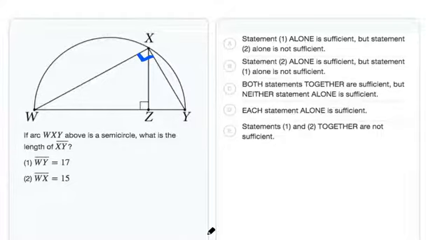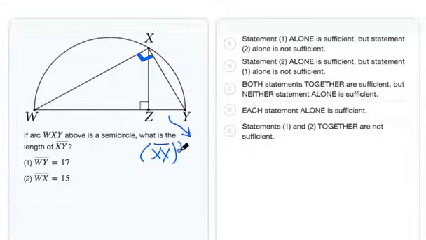In order to find the length XY, we need to know the lengths of the two other sides of the triangle. So if we're looking for length XY, we're going to need to know the length of WX and the length of WY. So if we can find both of those lengths, we should be able to find this third side. Setting up this Pythagorean theorem, we're essentially looking for whether we can solve the equation XY